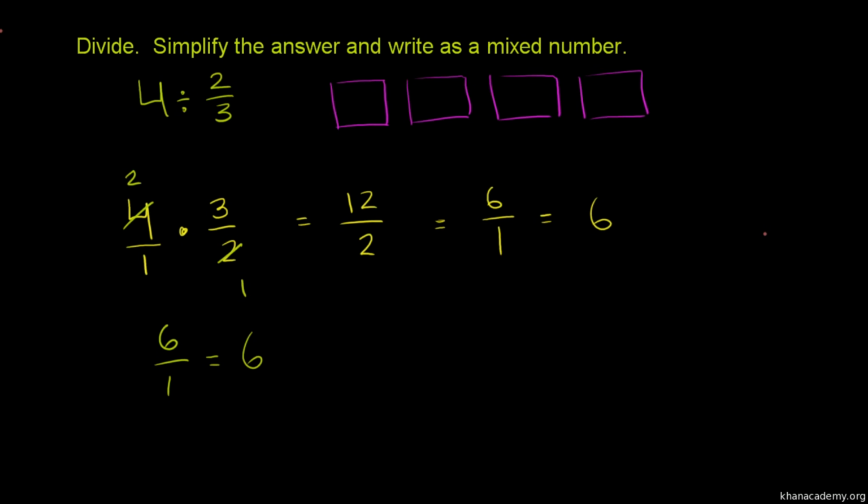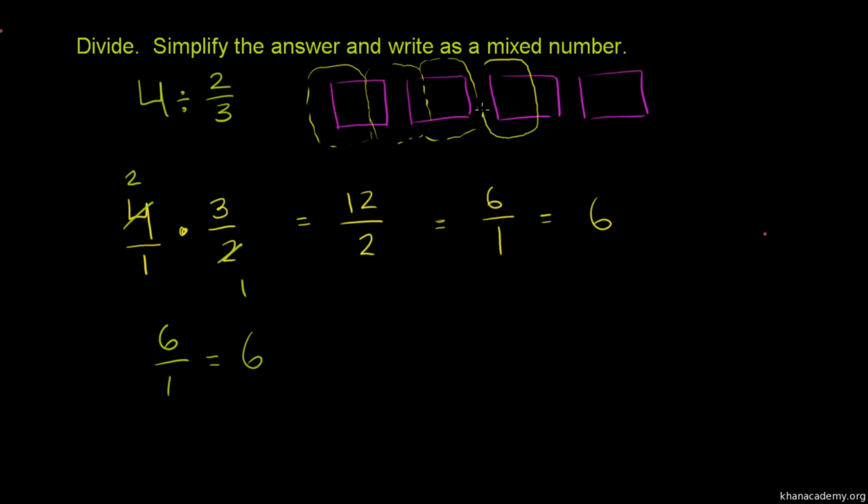So where are our groups? So let's see. If we want, the first group is going to have 2/3 of a box in it. So the first group is going to look like this. It's going to have 2/3 of a box. Now the next group is going to have 2/3 of a box, so it'll have 1/3 from here, and then it'll have 1/3 from the next box. Then the next group is going to have 2/3 of the box. There's 2/3 left right over here. Then the group after that will have another 2/3 of a box.